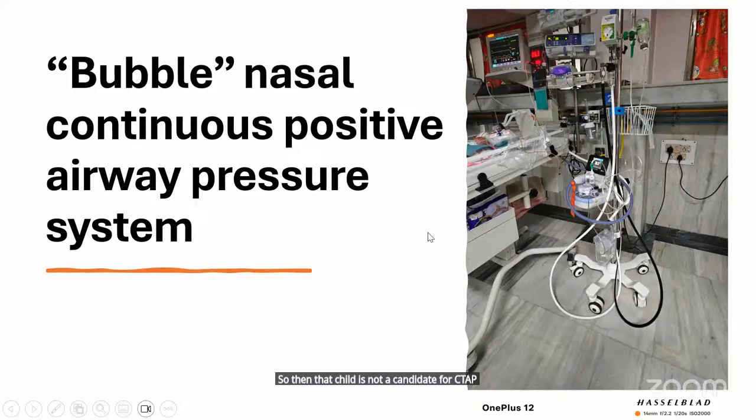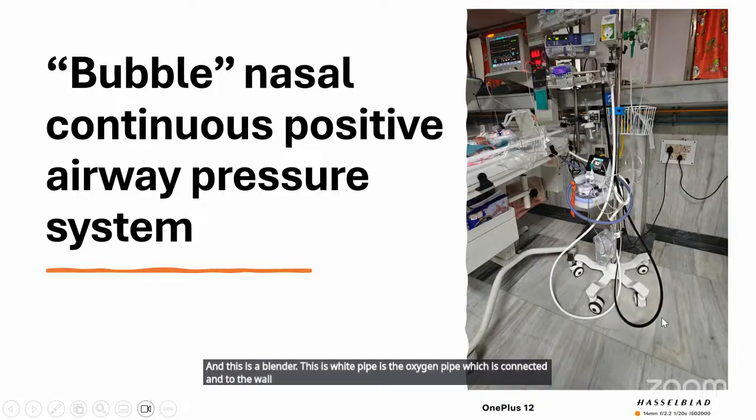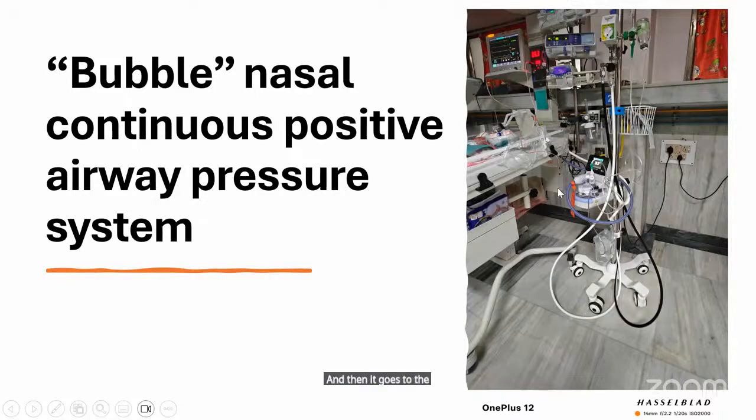Now, the most commonly used CPAP system in ICUs is the bubble CPAP, where there is a blender, and this is a blender. This white pipe is the oxygen pipe which is connected to the wall source. Then there is a black pipe which is the air source, which is again connected to the wall source. Then it mixes in the blender, and there is a knob where FiO2 can be adjusted accordingly, and then it goes to the humidifier, and then the heated humidified circuit goes to the